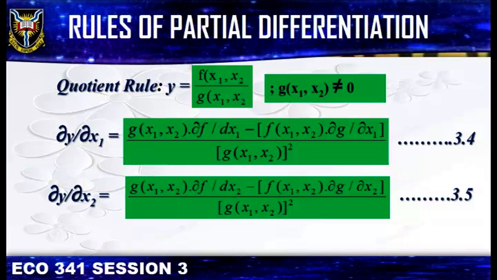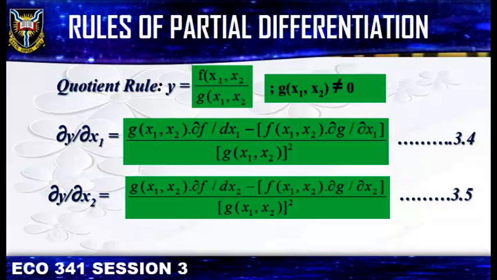Example: let y equal (6x1 + 7x2) over (5x1 + 3x2). Find the partial derivatives of the function. From the problem, we know that f(x1, x2) is equal to 6x1 + 7x2, and g(x1, x2) is equal to 5x1 + 3x2. Thus, invoking the quotient rule given by equations 3.4 and 3.5,